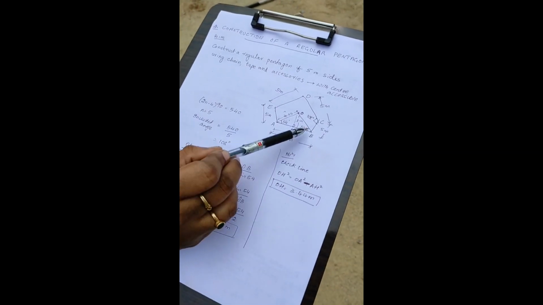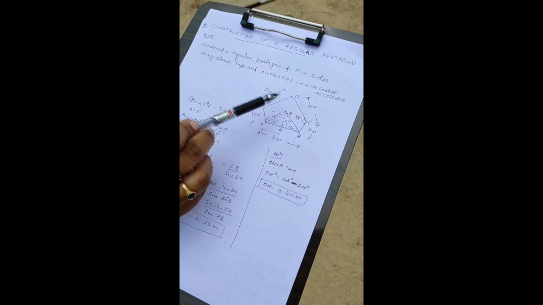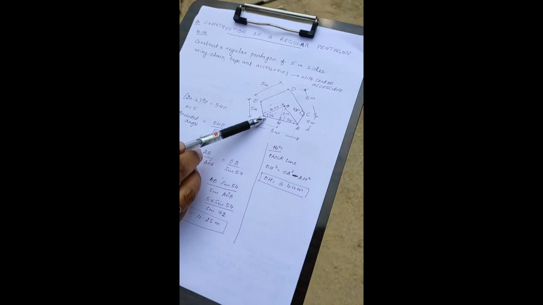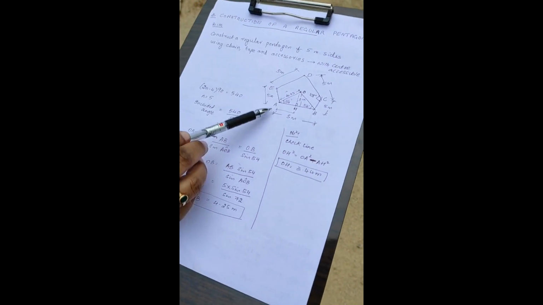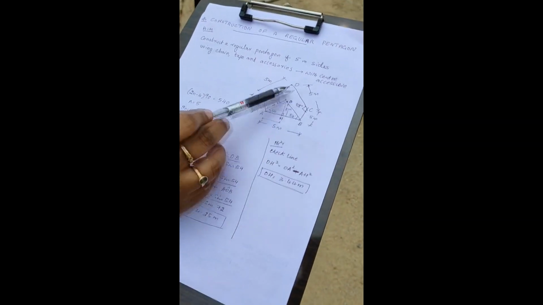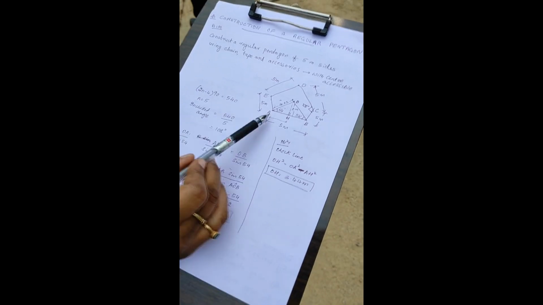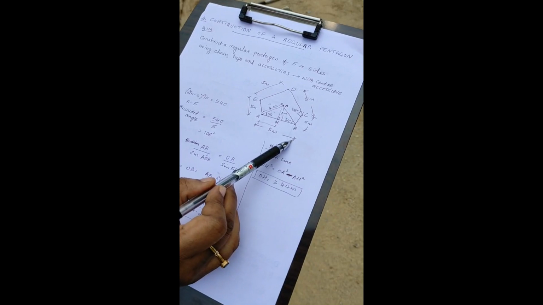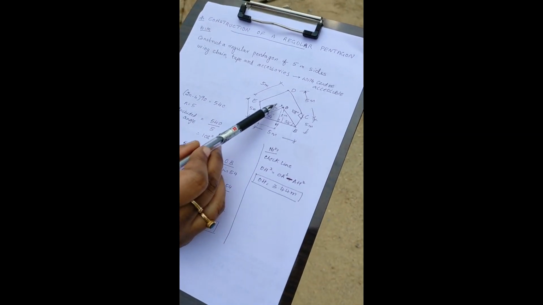Now how will you get the angles of this pentagon without using any compass? You have only chain and tape and you have to make the pentagon. How we will do that is the next question. For that we will do some geometrical calculations. You are all aware. First we will erect the baseline AB, which is 5 meters. Now from A we will take the sine rule.